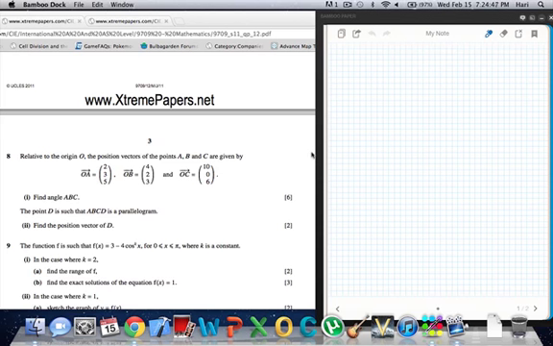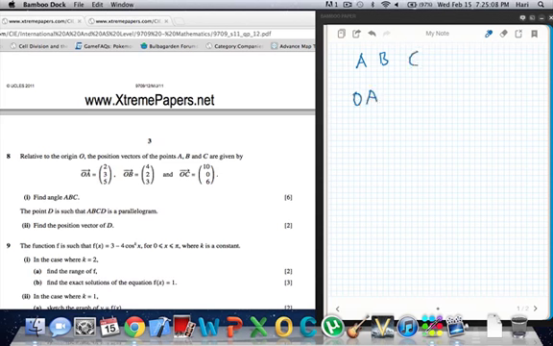Okay, so this is the 8th question of the Pure Mathematics Paper 1, Variant 2, June 2011. Please have the question in front of you. This is question 8 we're doing. Question 8 says, relative to the origin O, the position vectors of points A, B, and C are given